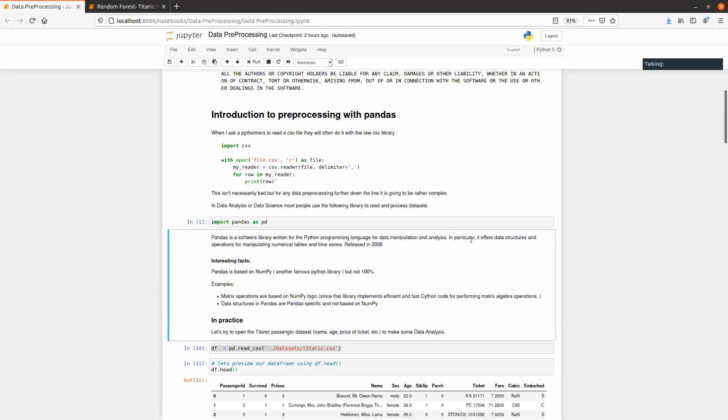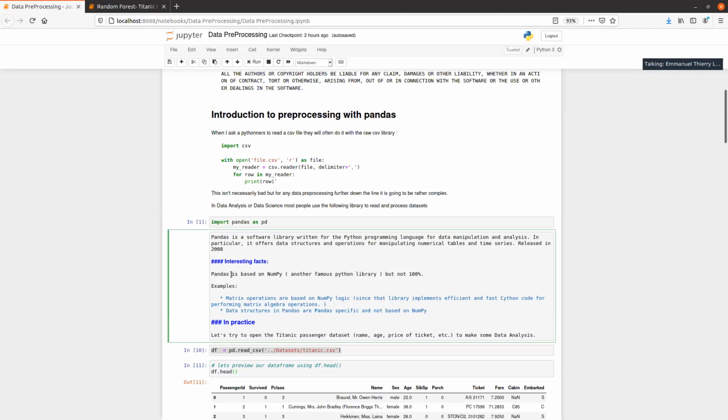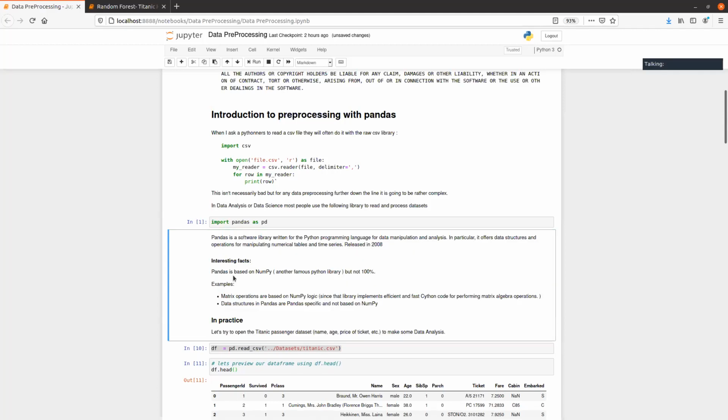In particular, it offers data structures and operations for manipulating numerical tables and time series. It was created in 2008, so quite recent actually. Interesting fact, just to point out: Pandas is based on NumPy, which is also a very popular data manipulation library, but it's not 100%.